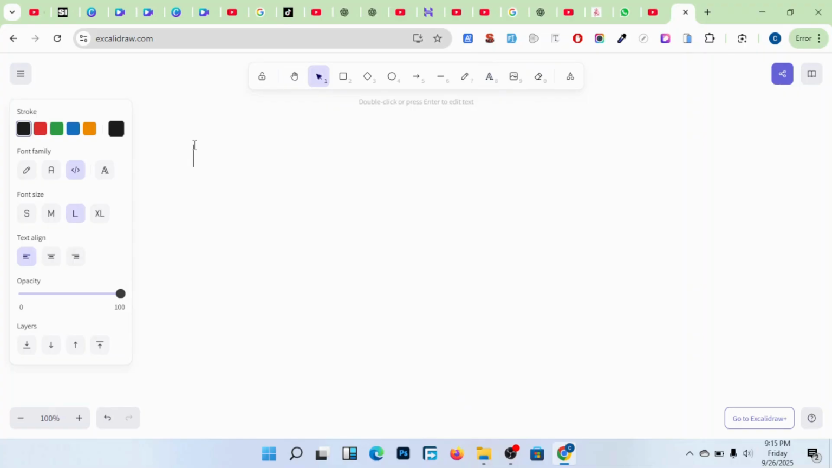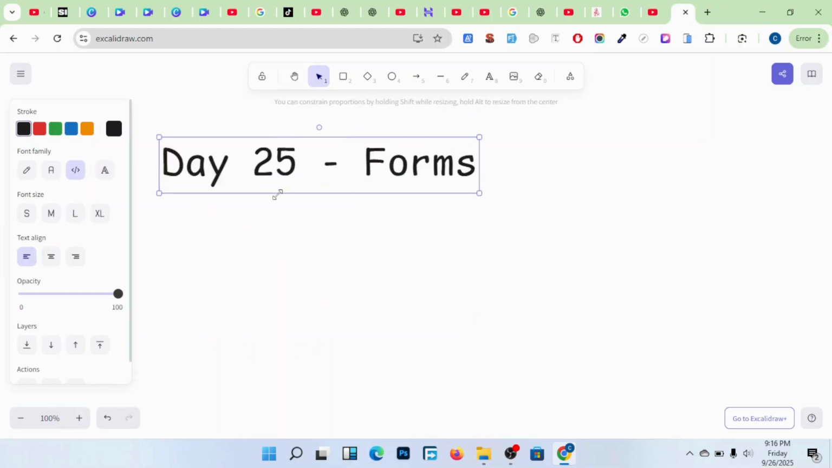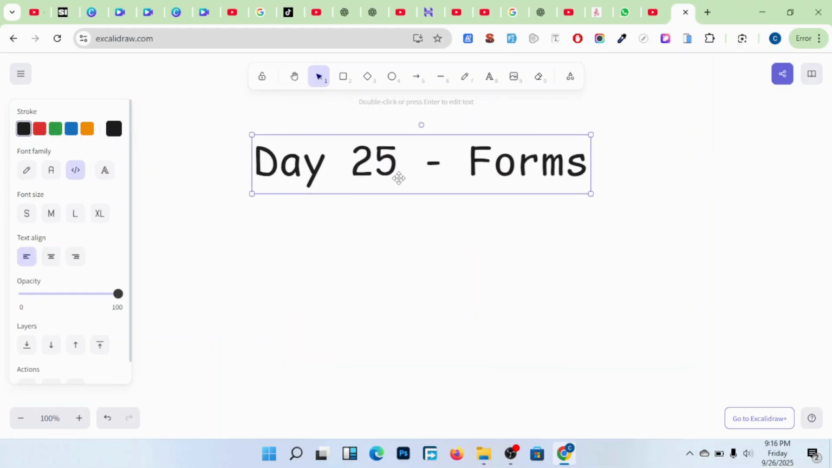Today is day 25 of our web development course. Today we are going to look at something unique, and that is forms. So today we are going to look at forms. Before I talk about what we are going to cover today, we are going to have